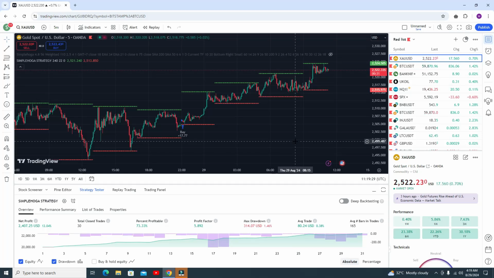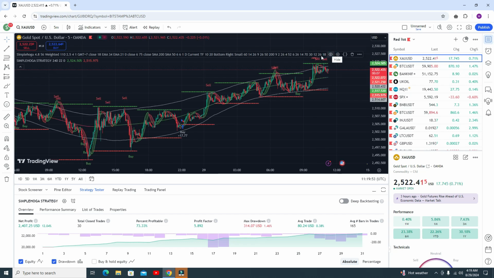Hopefully you're fine. First of all, you need to see that you got this buy signal, and after that you can see the market is going upside. So you can see the winning percentage is 73%, but I will show you how you can get around 90 to 100% accuracy by using the second indicator. Okay, I will give you all details here.